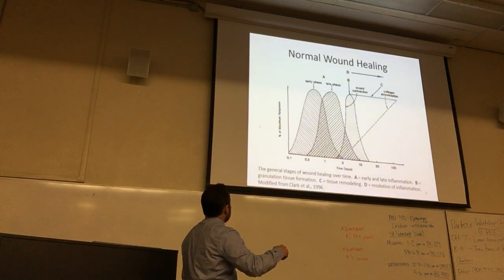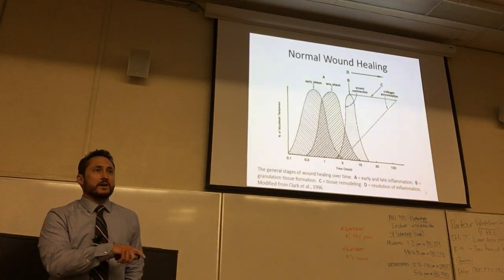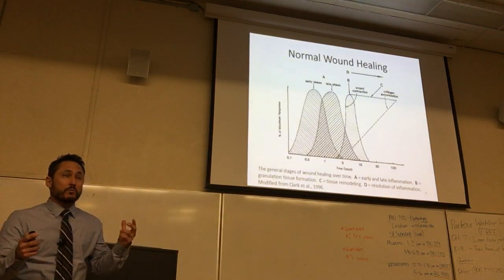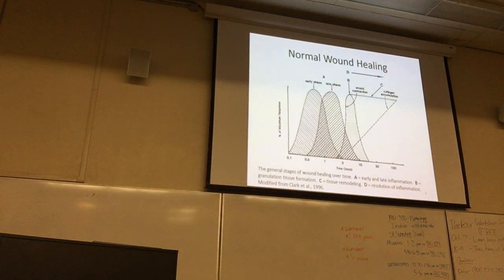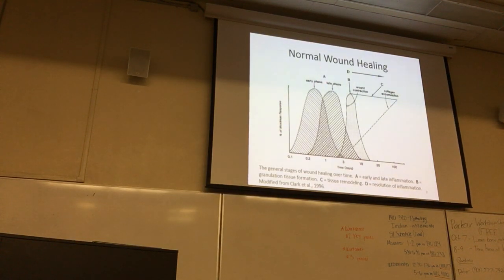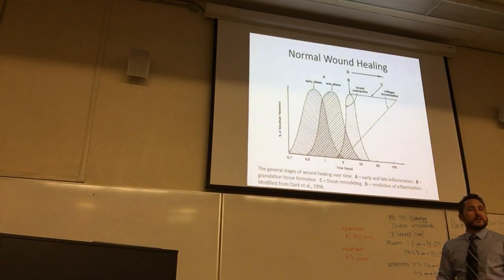This is a graph showing a lot of the same things that we've already talked about in our inflammation lecture, but I wanted to show it one more time in a slightly different format. It's an older figure, but we use it all the time. This figure shows relative time on the x-axis and relative percent of the maximum response. In A, these first two peaks show early inflammation followed by late inflammation. In early inflammation, what cell types do you think show up?